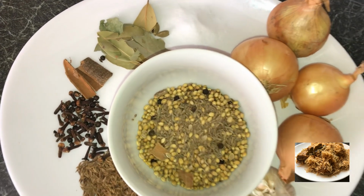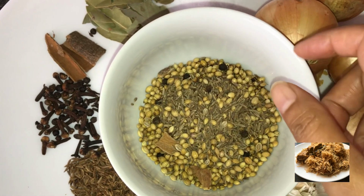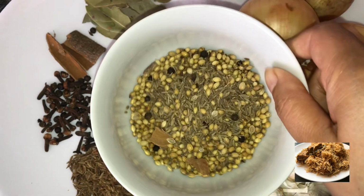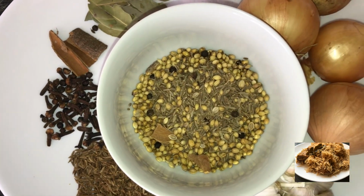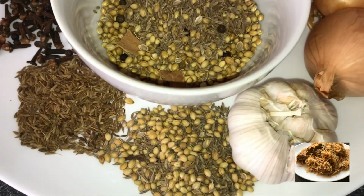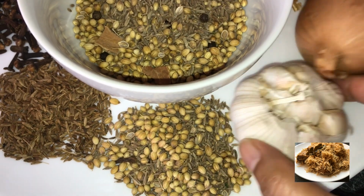First of all, I have a bowl of my whole garam masala, so it's not ground. I have half a cup of this in the bowl, and part of it is going to be used for the stock, and the rest is going to be used in the rice. So I have my garlic here,